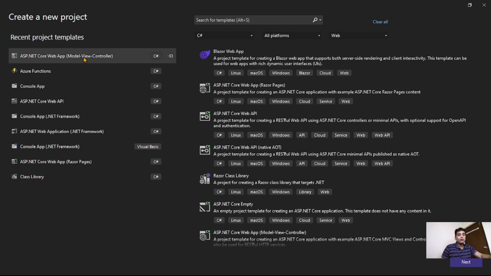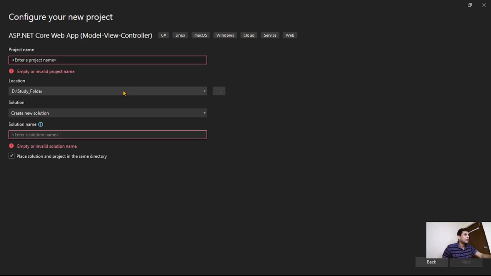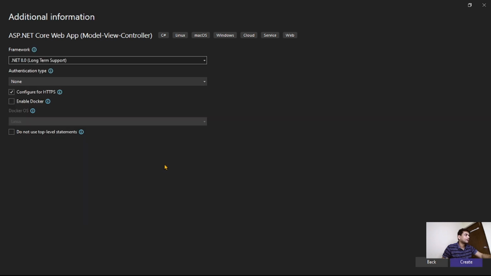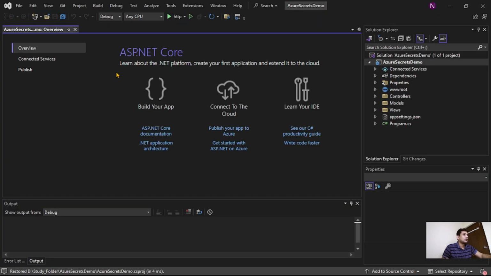So guys, we are in Visual Studio and we are creating a new project. So I will say ASP.NET Core web app. Next, let's give a name to our project. So I will say Azure Secrets Demo. Next, let's unselect HTTPS and let's say create. So guys, our project is ready, and now the first thing,